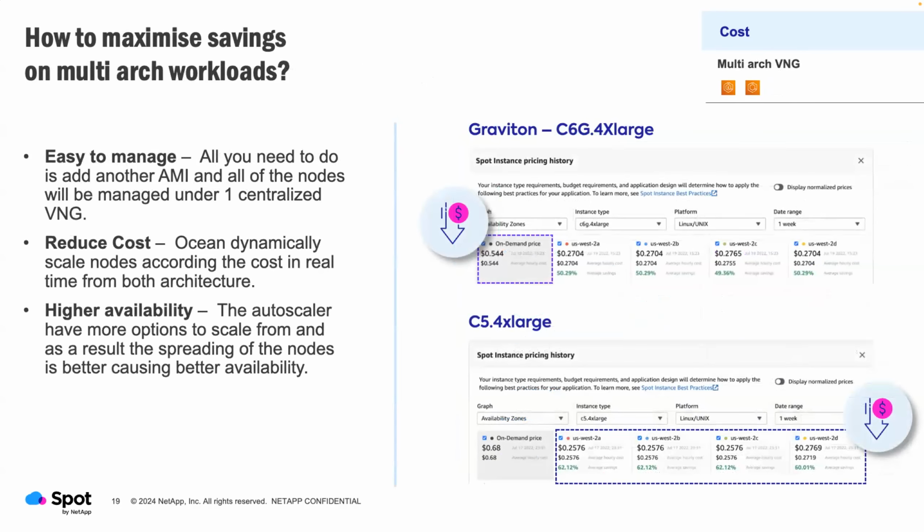The other one, which I certainly find interesting, that was added last year, is with the addition of Graviton-based instances, often we find that the on-demand rates for these are cheaper than other normal instances. So we see, I don't know how readable it is, but for the Graviton one at the top, it's 0.544 cents per hour to run that instance. The C54XL, it's 0.68. It's more expensive. So we want to use the Graviton instance if we're using on demand. But when we look at the spot instances down the bottom, the spot instance for the C54XL is cheaper.